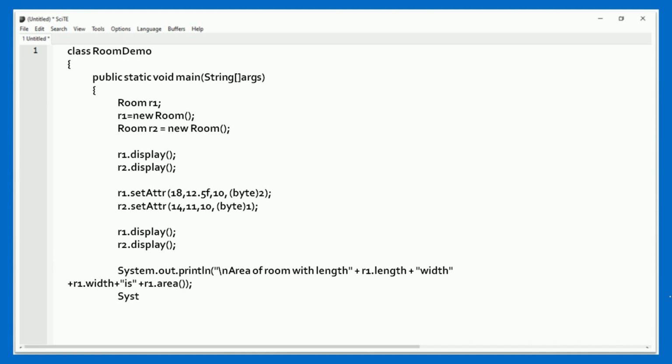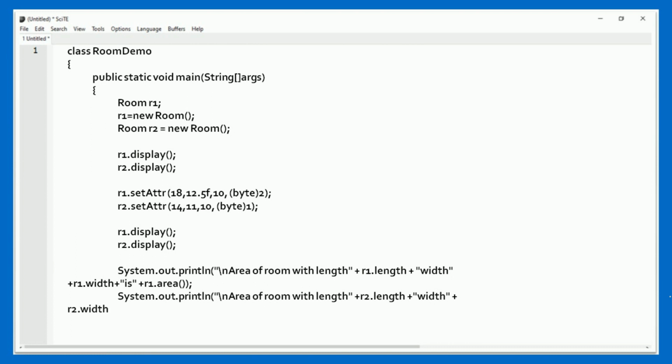After that write the next statement, that is System.out.println, within double quotation marks write \n area of room with length, close the double quotation marks and plus, and for room 2 we write r2.length plus width to display the text on the output.